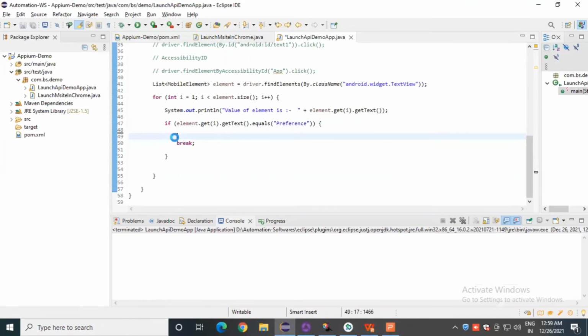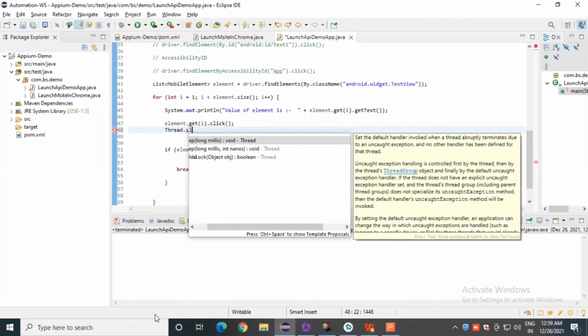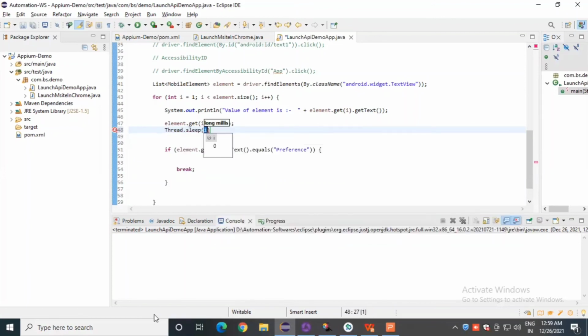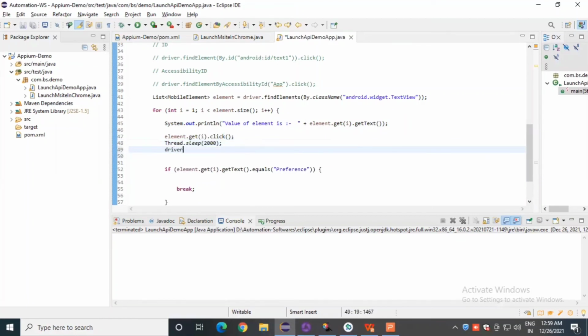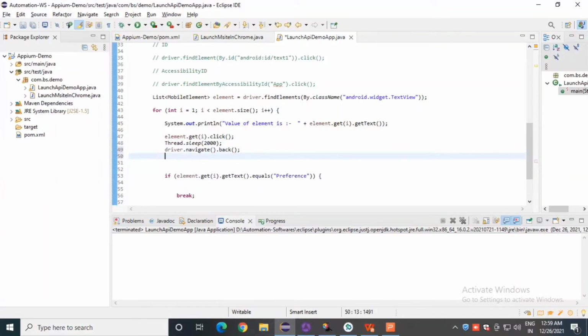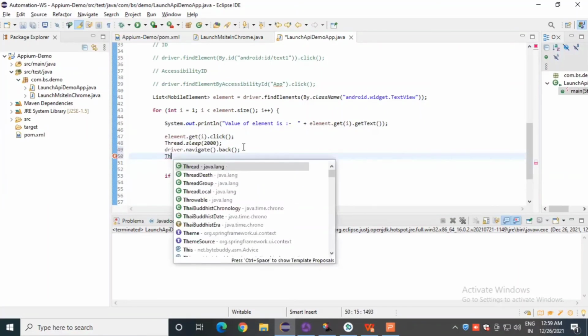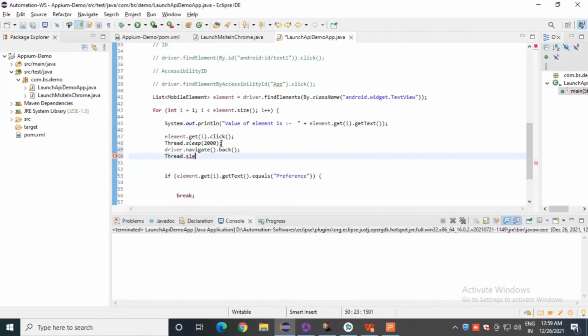So we will define this click here, get text, and then click, and then we'll do some Thread.sleep to check the execution properly. Thread.sleep for 2 seconds, and then we will do driver.navigate().back(), and then we can just Thread.sleep for again 2 seconds to check execution properly.